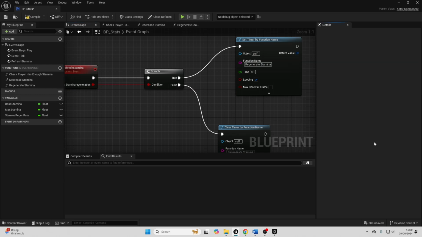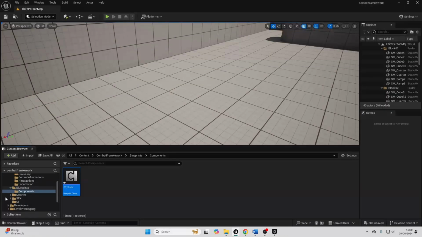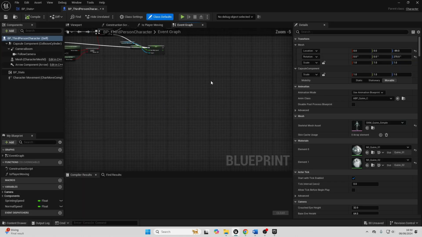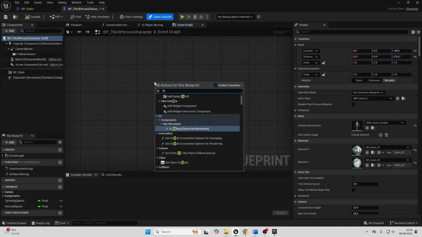Nice. Now we've created some blueprints for our stamina regeneration system. Next, I need to tell you about the gate node, because we're also going to use this in our stamina regeneration system. For this next part, you don't need to copy, because I'm just going to explain what I'm doing. So if I just go over to my third person character, we're going to use a gate node. So if I just right click and look for gate,